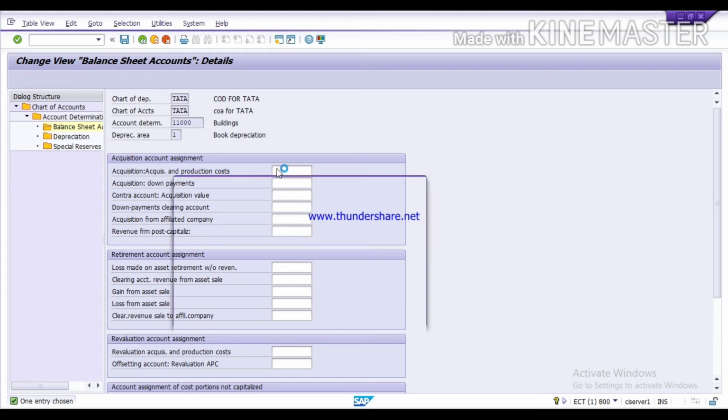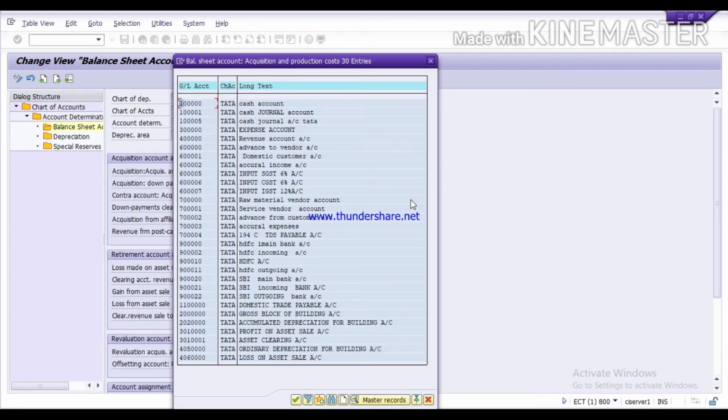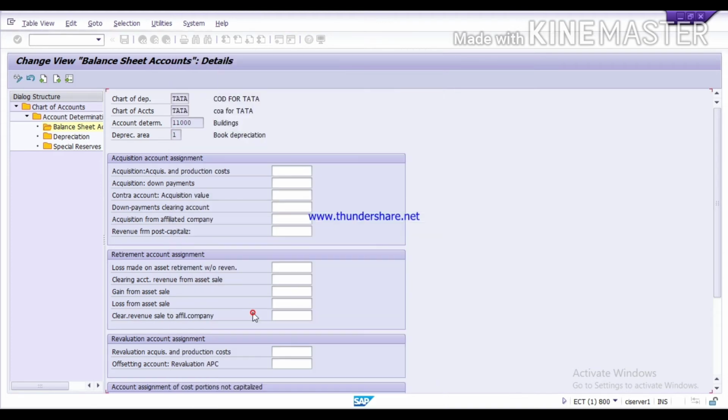Press the F4 key and assign your gross block GL. Find your gross block GL. Here you can see this gross block of building. So double click on it.